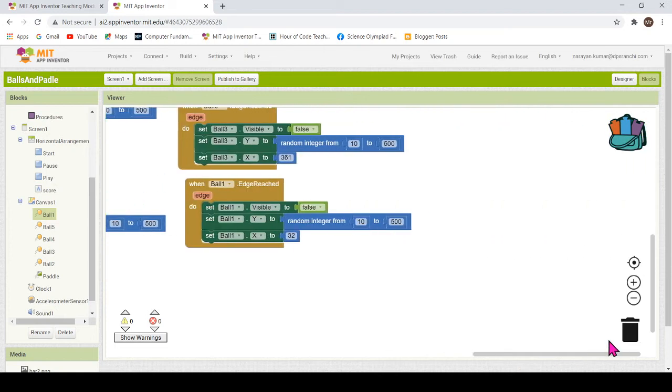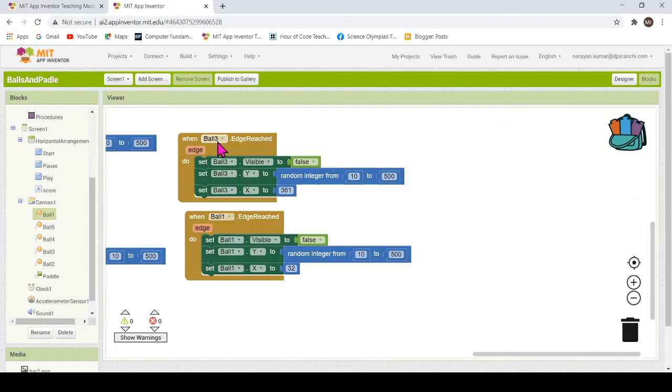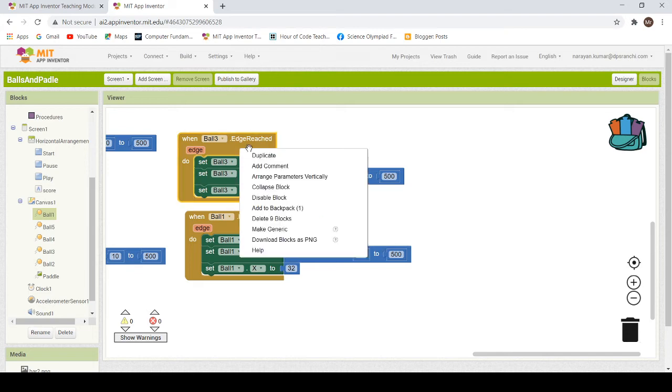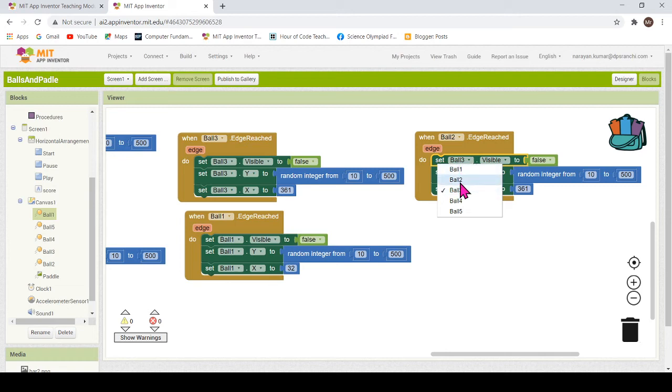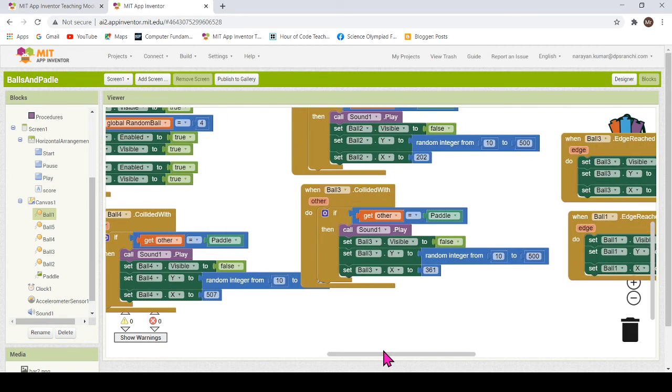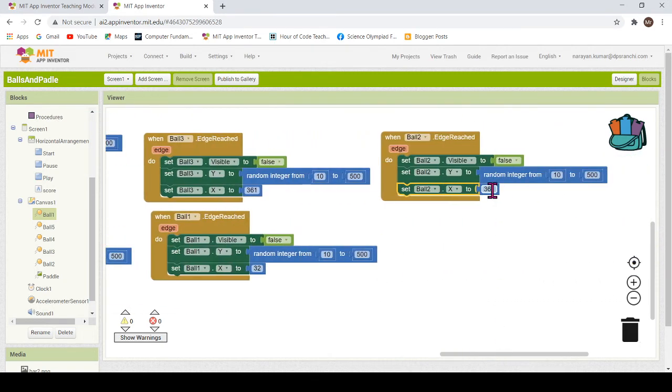And let's write quickly for the other also. So ball 3 is done, ball 1 is done. Let's write for ball 2. In case your ball 2 has reached the edge and you are unable to stop it with the paddle, ball 2 will become invisible, and it will reappear at its x-axis and at random places on the y-axis. Let me see, the ball 2 x-axis was here, so we can make the right fix here. Ball 2, I think it was 202. Okay, so ball 2 was 202, right?